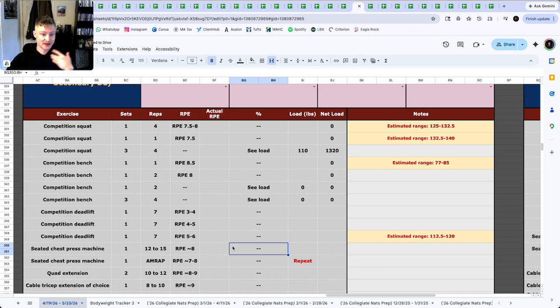You're going to be manipulating the total amount of work done over time, the total amount of volume done over time. And yes, there are changes to the system that happen there, but in order to get someone to continue to progress and open up the capacity to do more, that's a really, really simple way to do so.